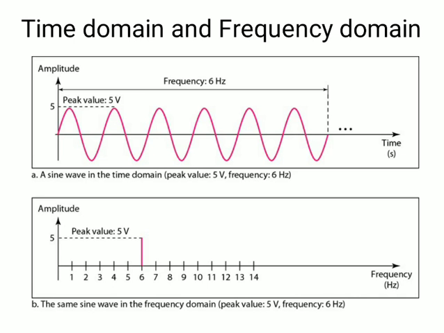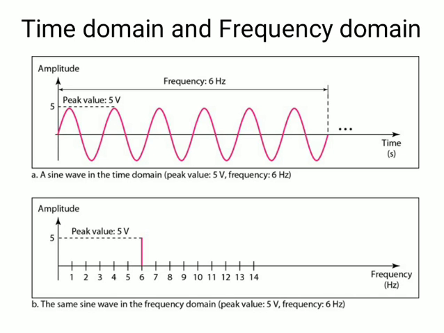And what is the maximum level? The maximum level is 5 volt. So both waveforms have the same parameters, the same values. The only difference is that the first signal represents the time domain, and the second signal represents the frequency domain. In the frequency domain, we don't need a continuous waveform, because on the x-axis we have frequency. So in this manner we can represent the two waves.